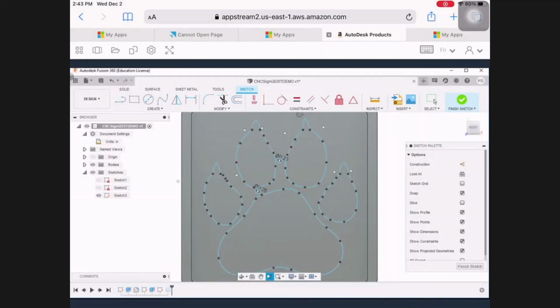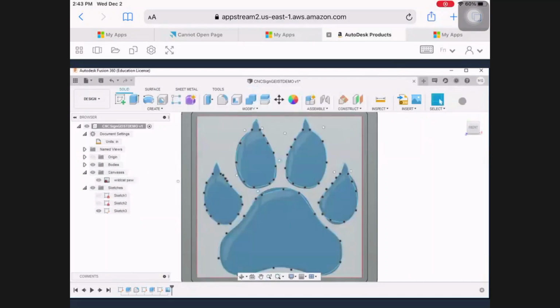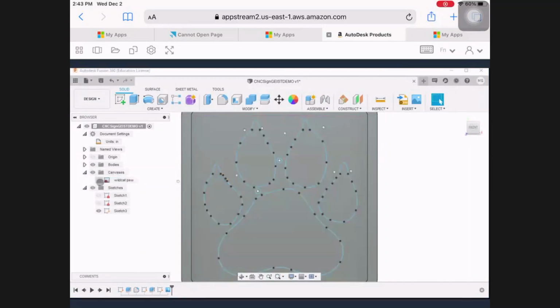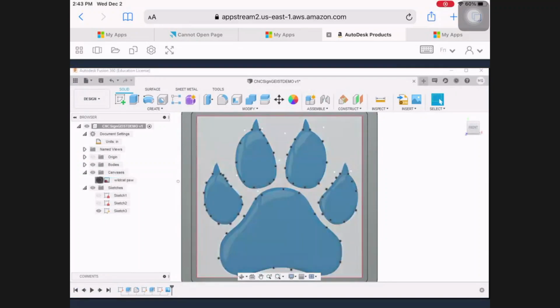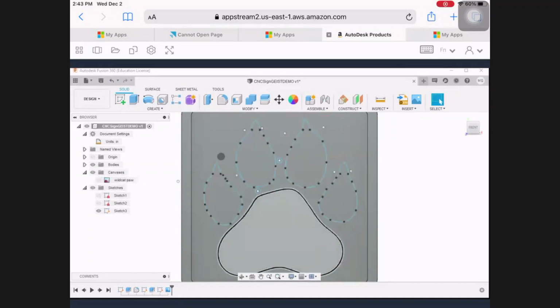Okay, so I have finished tracing. Now I was able to kind of turn off my canvas, and I did that. If you finish your sketch, what you can do is you can come into the canvas and you can toggle the picture by turning the eyeball on and off. So I'm going to turn that eyeball off so I can just see my sketch,